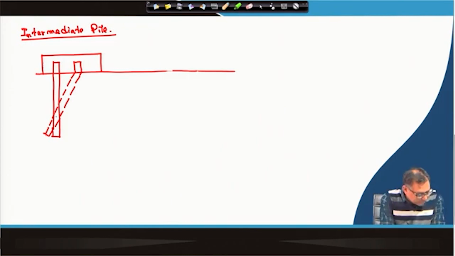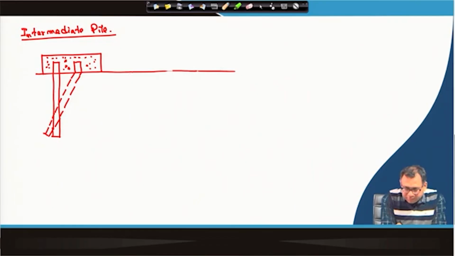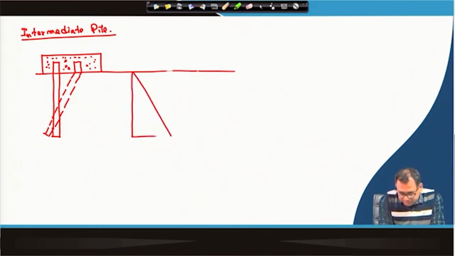So, with respect to a point, and then again we are considering here all passive resistance only, active we are not considering, and rotation is very close to the tip. So, the resistance will be, passive resistance is this one,